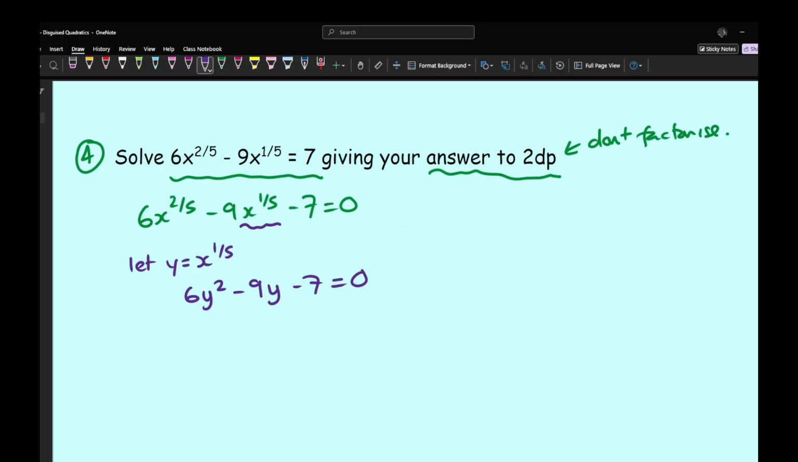Remember that x to the 2/5 is x to the 1/5 squared, and if what's in the bracket is equal to y, then that's going to give me y squared. So then solving this equation for y, what do we end up with? Well, we can go straight for our calculator to work that out. I've got my coefficients of 6 for A, minus 9 for B, and minus 7 for C, and that gives me one solution of